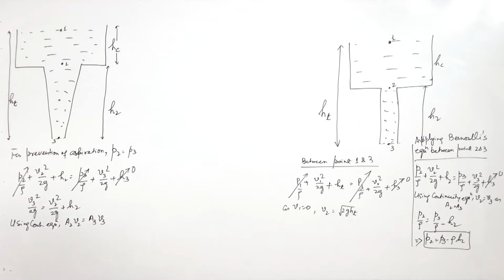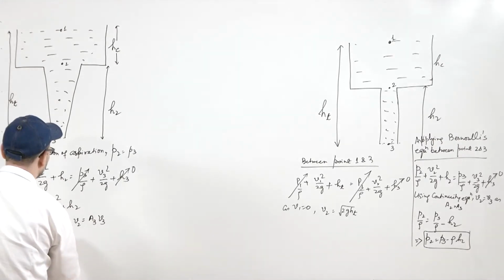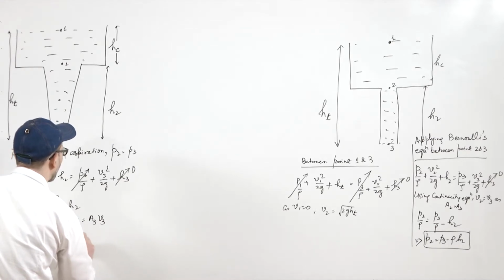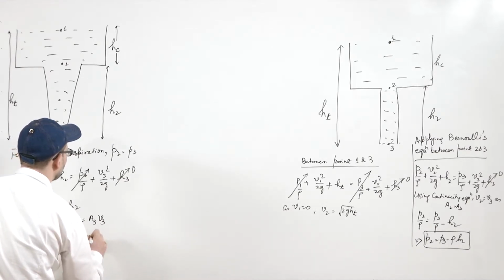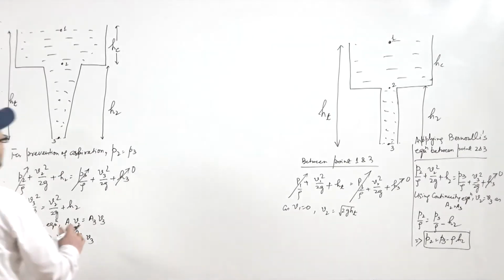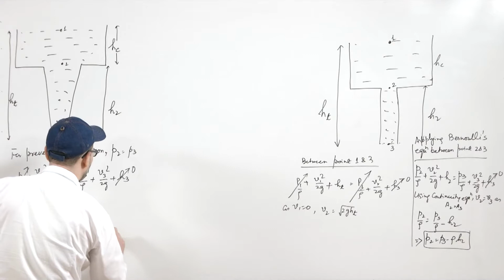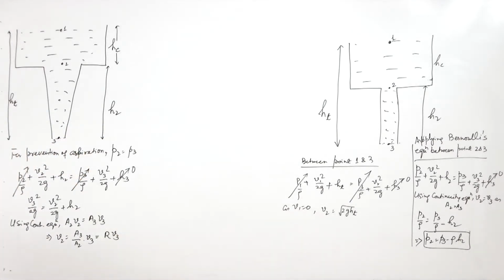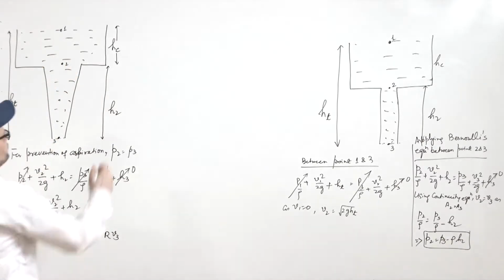So, we can write V2 as A3 by A2 into V3, and if this A3 by A2 is taken as a ratio, it is defined as R into V3. This is the ratio of the area of cross section at this point and this point. So, if you put this V2 term into this expression,